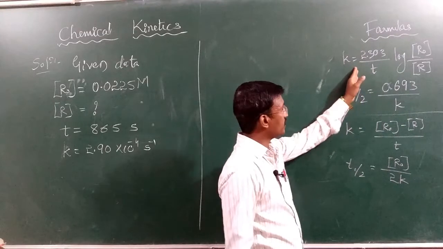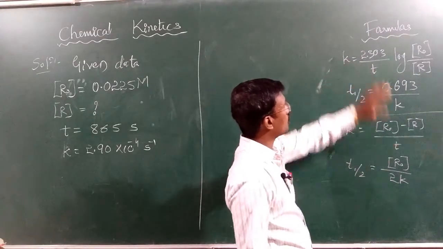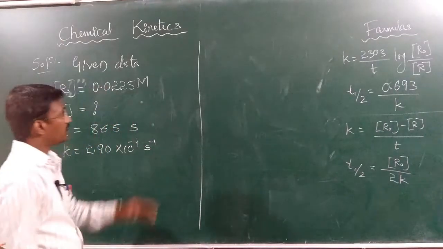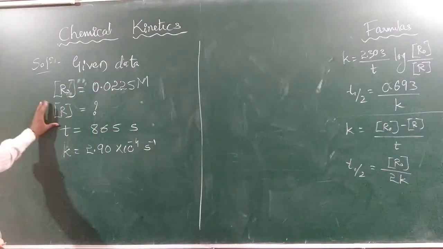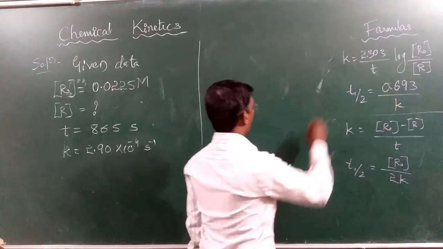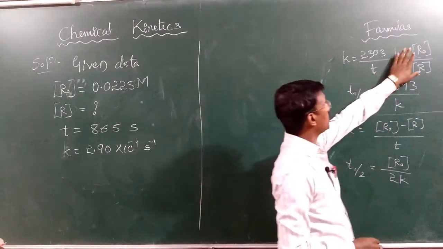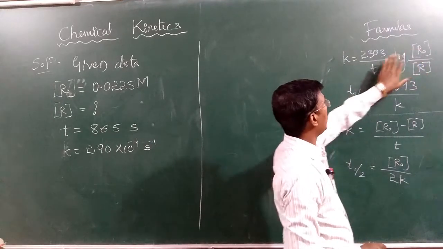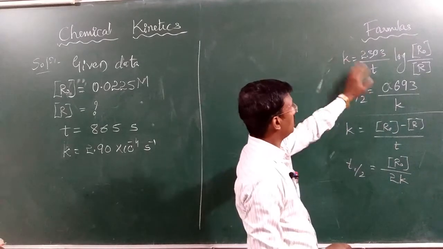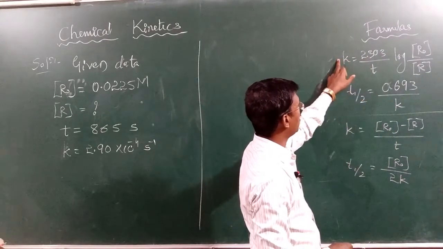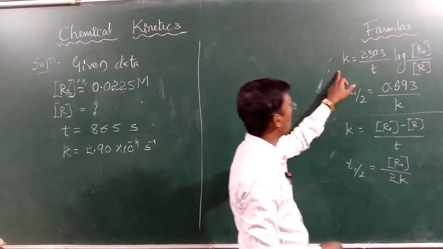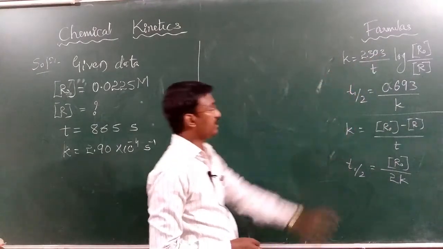So for a first order reaction, K is equal to 2.303 divided by T log R naught by R. Here what we have to calculate is R, so we will just rearrange this equation. We are going to keep the log R naught by R here only, and we are setting T and 2.303 to the left side. This T comes beside K and 2.303 comes below the KT. Therefore,